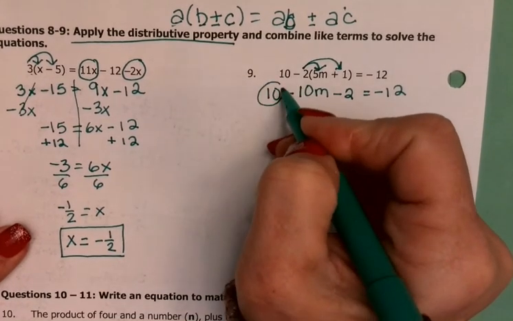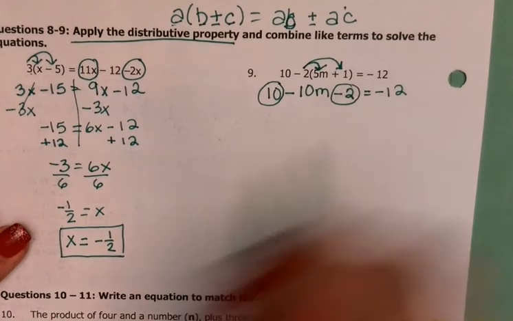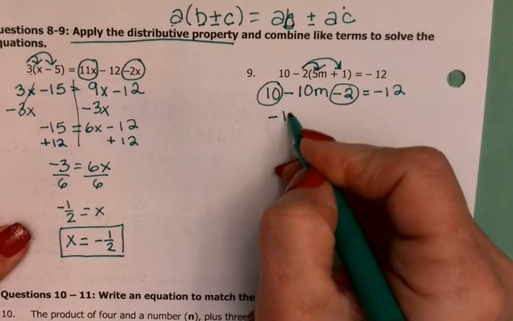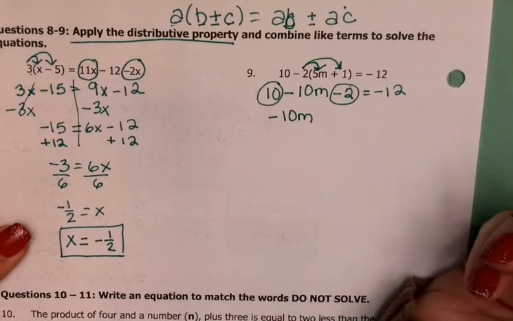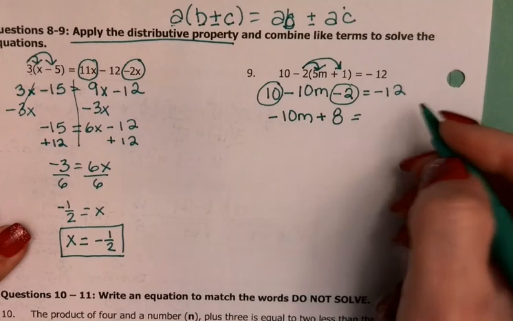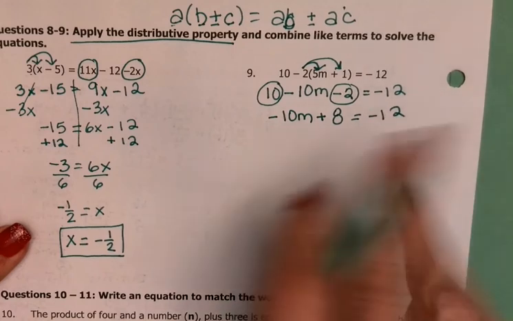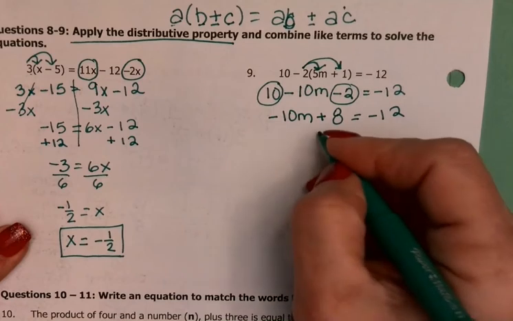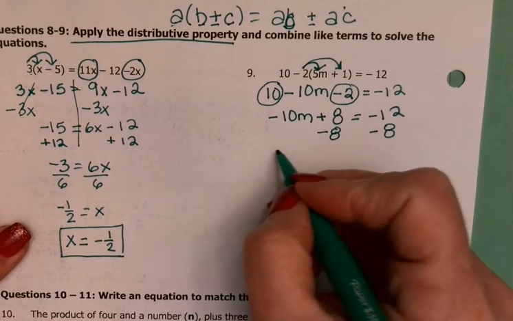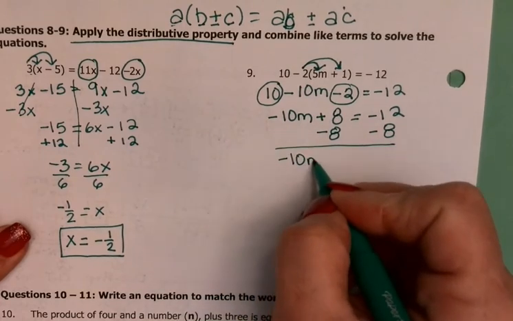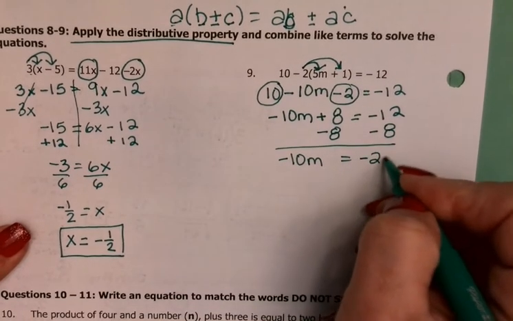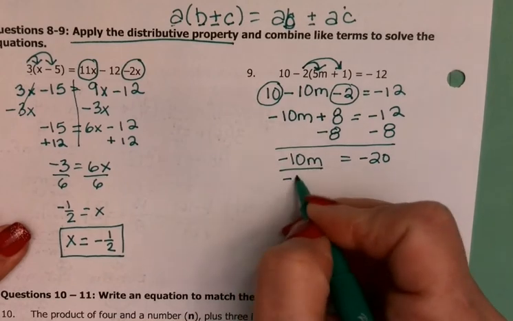I see that I have a whole number 10 and another integer negative 2 that can be combined. I'm going to do my negative 10m listed first, so my variable's in the front. 10 take away 2 is a positive 8 is equal to a negative 12. You're down to your two-step equation, so you subtract 8 from both sides, undoing the addition. That leaves you with a negative 10m is equal to negative 12, and a negative 8 gives you a negative 20. Divide both sides by a negative 10,